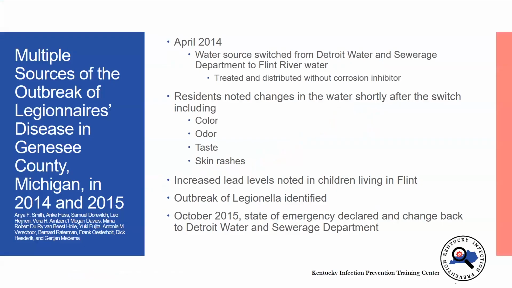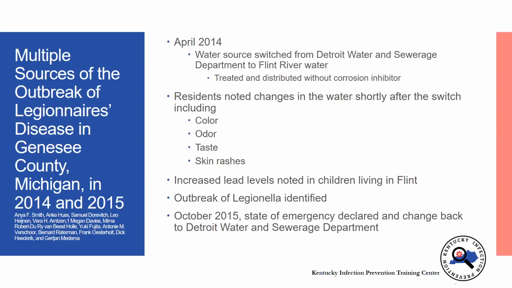So I wanted to look at a couple of cases of outbreaks that have impacted healthcare systems, because many times we say that's not going to happen to us. And that is the intent of everyone, that it won't happen to them. But we have to be sure that we are aware of what's going on. This is an epi review that was done by Smith et al. They investigated the increase of Legionnaires' disease in Flint, Michigan. This is a case that many of us have probably heard about, as it made national news secondary to the impact that the water change had on the community of Flint, Michigan as a whole.